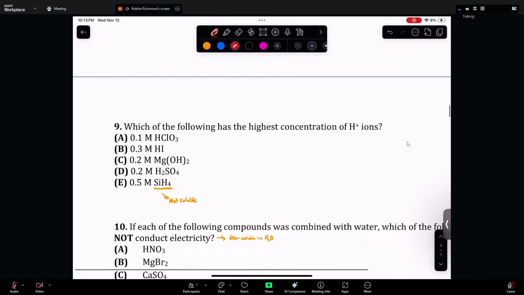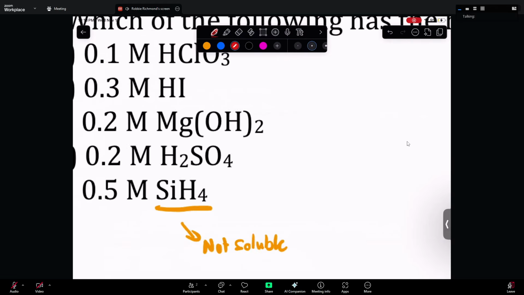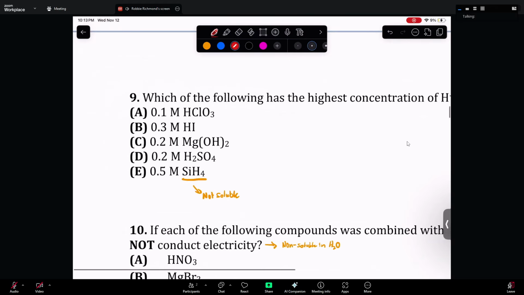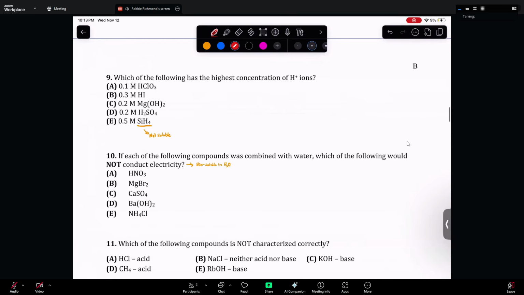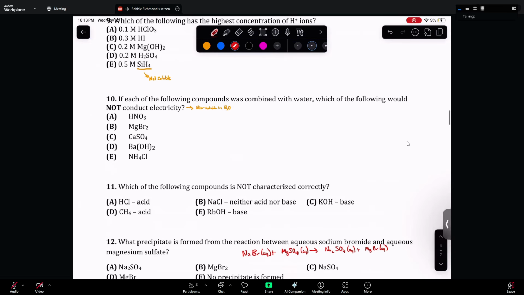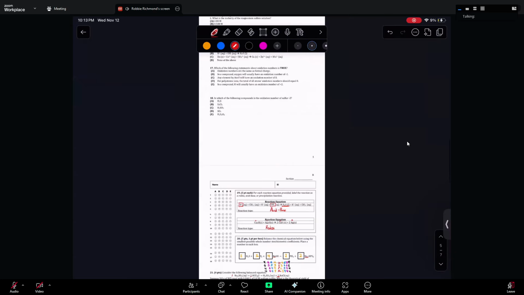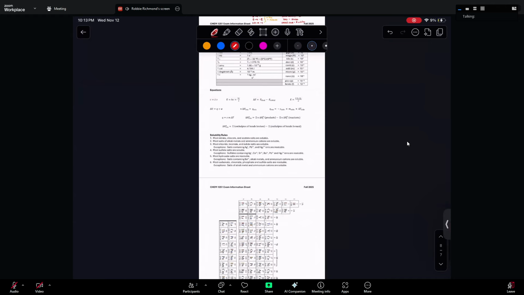Alrighty. Number 9, which of the following has the highest concentration of protons? And we're giving all of these. First, determine if there's something that's soluble in water. In this case, silicon hydroxide or silicon hydride is not soluble in water. And if we're looking at our solubility rules, if my iPad can cooperate,